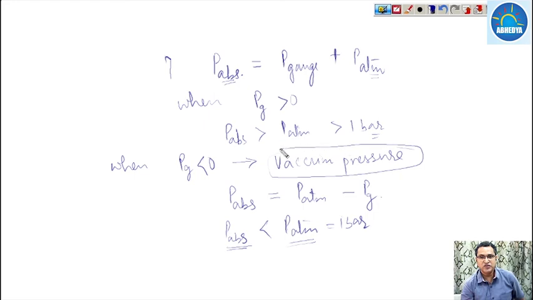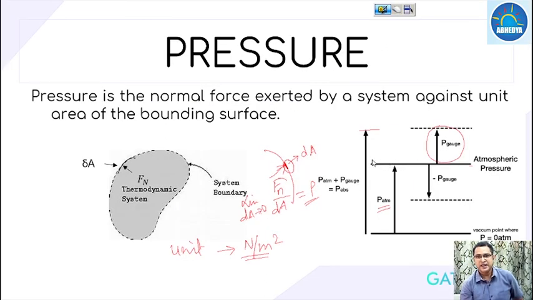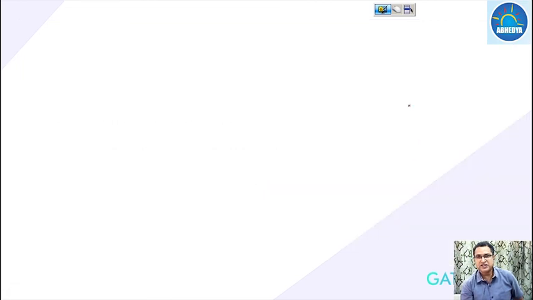So the vacuum will be generated when the absolute pressure value is less than atmospheric pressure, and in the vacuum pressure case, the gauge pressure value will always be a negative number. While in the case when absolute pressure is more than the atmospheric pressure, then the gauge pressure will be positive. As you see in this figure, this is your atmospheric pressure, this is our reference line, with the reference of that we are measuring. When the gauge pressure is positive, then atmospheric pressure